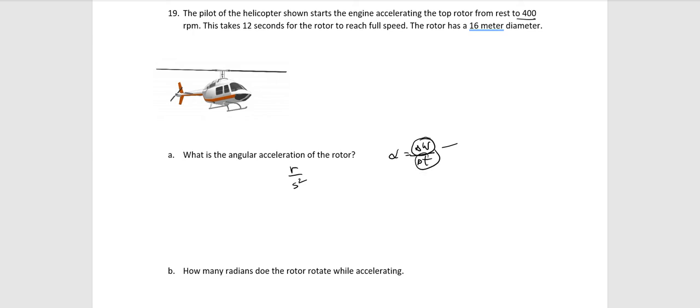Part B, how many radians does the rotor rotate while accelerating? So it's asking for the change in theta. And remember, angular velocity is equal to change in theta over change in time. So our change in theta is equal to our angular velocity